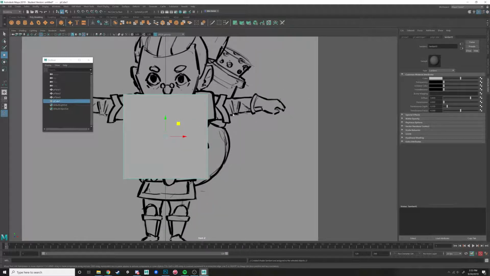I'm going to do another Lambert just because I don't need any fancy stuff right now while I'm modeling, and you can always change the material later, right? So I'm going to go into Lambert, and right under color is a little bit of transparency. You see? So now